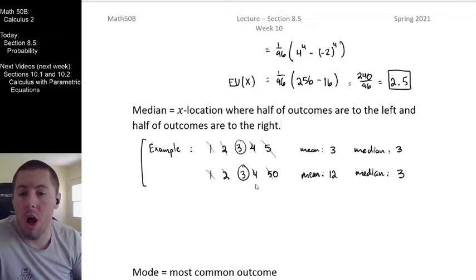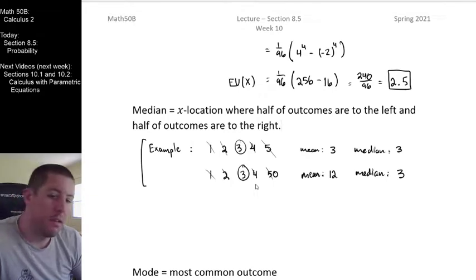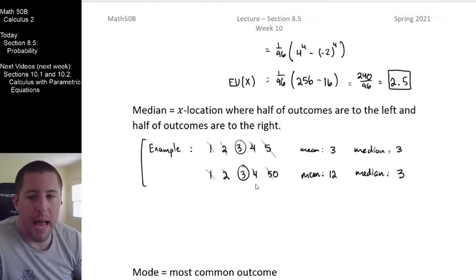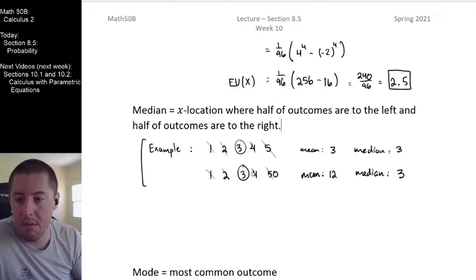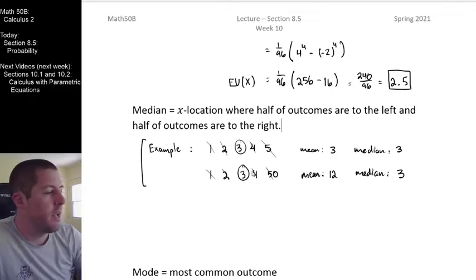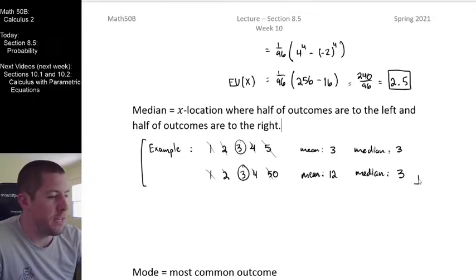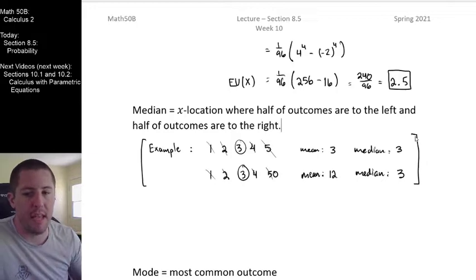If you were to order all of the possible outcomes, where does it fall in the ordering? So median is more about order. Average is more about size. Median doesn't care. We could stick 14 more zeros onto the end of this guy right here, and we're still going to get 3 for our median. It is still the middle number out of the numbers that are in the set right there. So there's our little mean versus median distinguishing example right there.